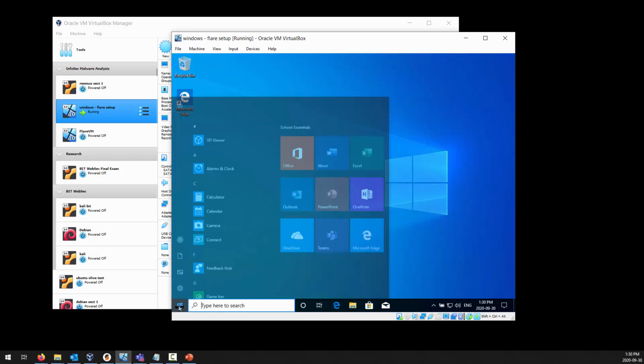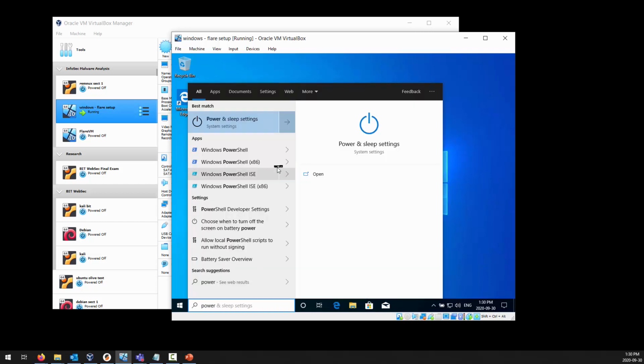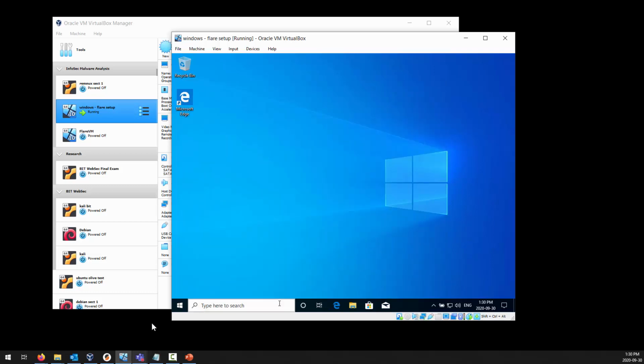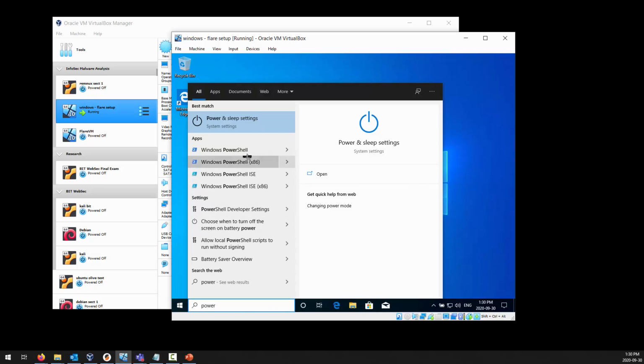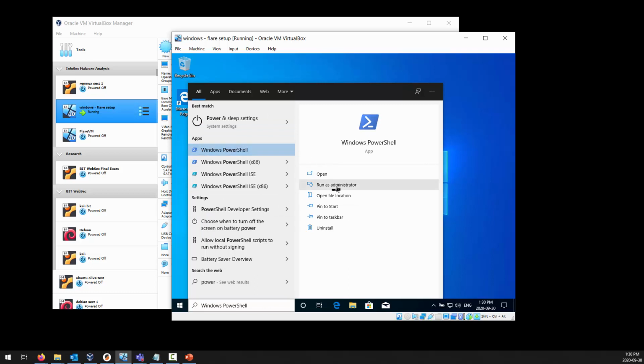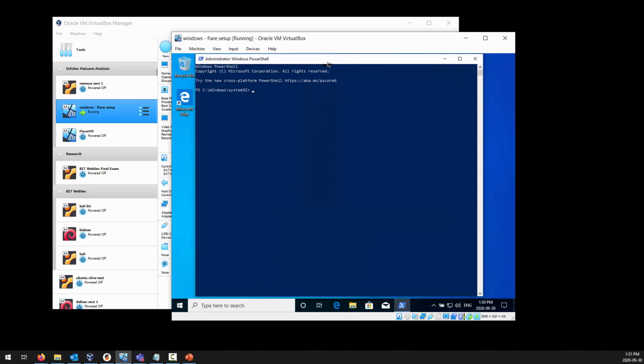Now that I have that done, I need to launch PowerShell, but I need to launch PowerShell as administrator. So again, how did I get here? Start menu, type in PowerShell, select PowerShell, not x86 but the regular PowerShell, run as administrator, and say yes. We are going to run this PowerShell: cd \Flare, dir, and then we have the